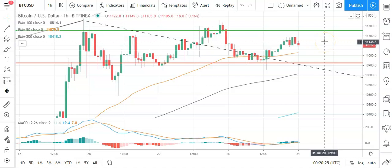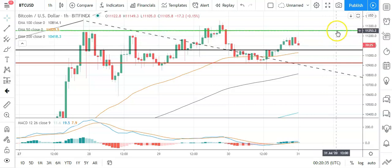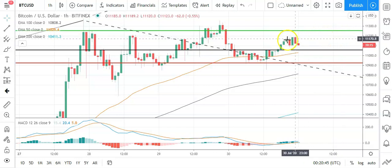Jumping straight into Bitcoin against the dollar and the hourly candlestick, slightly bearish start to the day after yesterday's late pullback. You're going to need to see Bitcoin avoid the pivot at 11,056 to support a run at this first major resistance level, sitting at 11,255. Seen resistance at 11,200 pin Bitcoin back over the last couple of days. So you're going to need to see support from the broader market from a breakout from yesterday's high. That was at